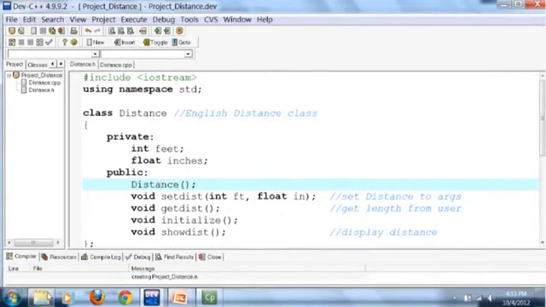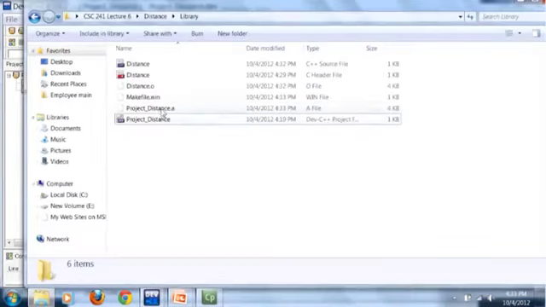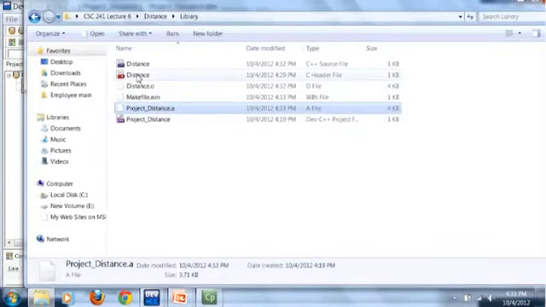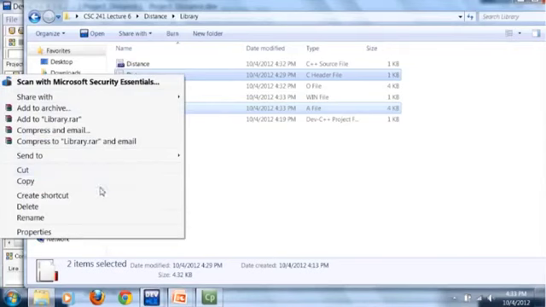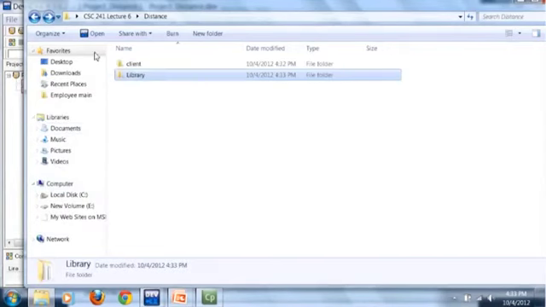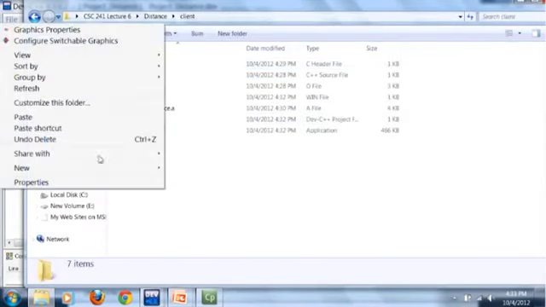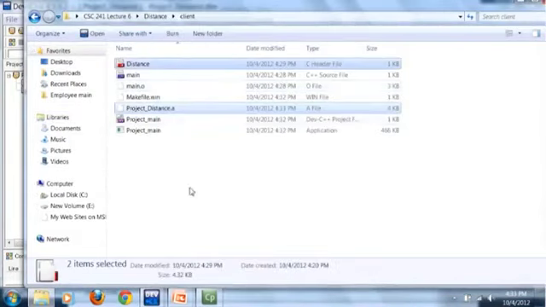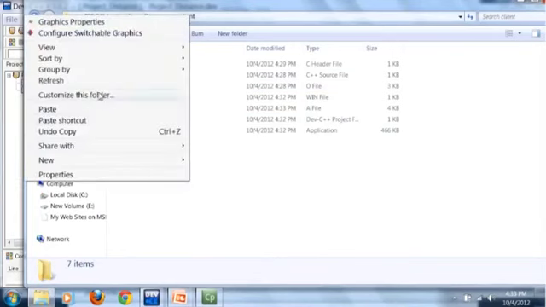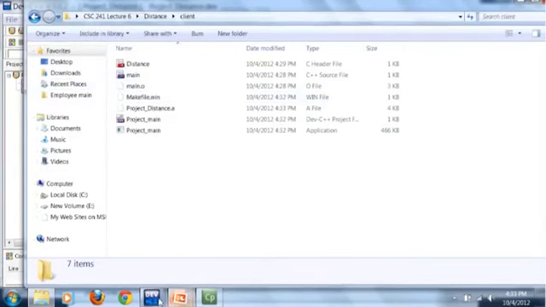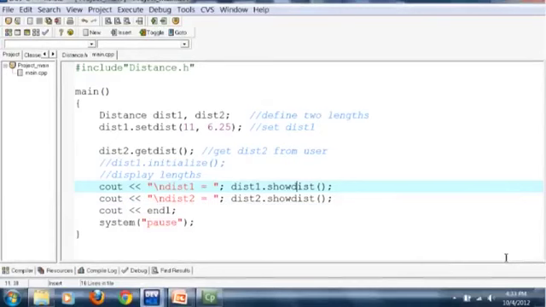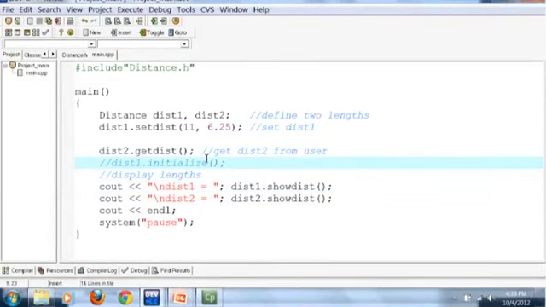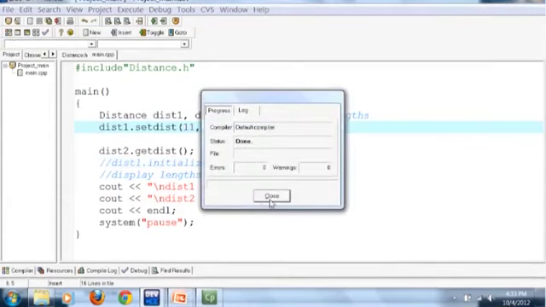So now I'm going to the folder again and copy this library and the header file, copy and paste it to the client folder. That is, we are providing this to the client. Replace, so they are both replaced. And now we are going to the client side, that is where our main function is. So this is the main function. Let me compile it again, close, and